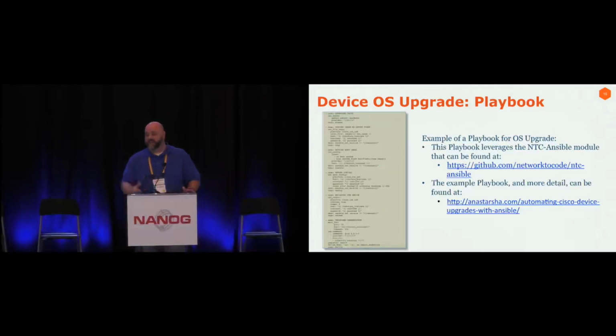This is using the network-to-code Ansible module. This is freely available. I have the GitHub link there if anybody wants to check that out. Basically, there are lots of modules out there people have created for Ansible to help simplify different things, like OS upgrades. This has purpose-built commands in that module to make it very simple. This is just an example of a playbook, and the slides will be available. I know it's hard to see what that actually says on screen, but